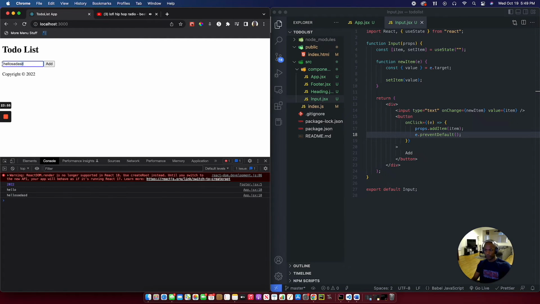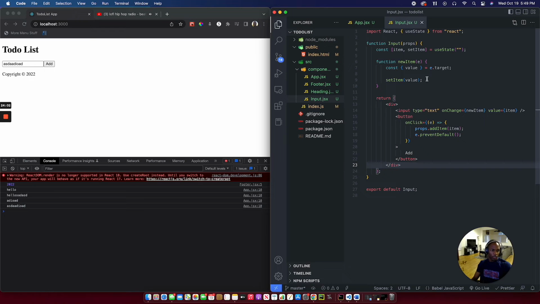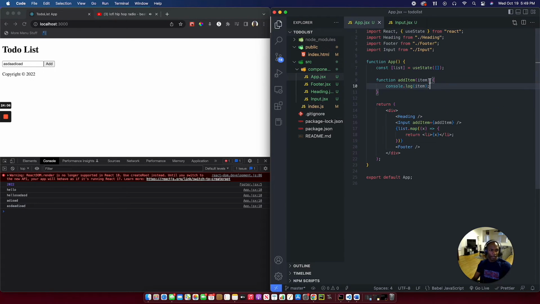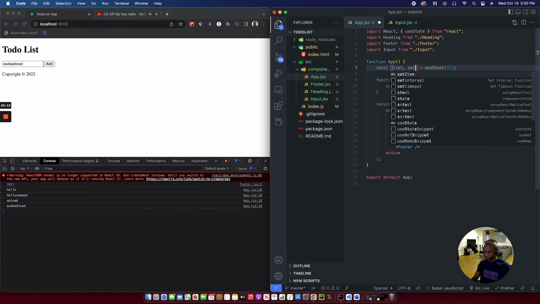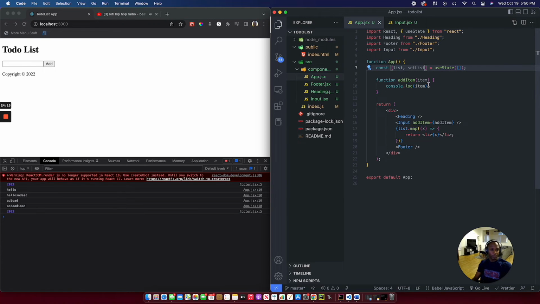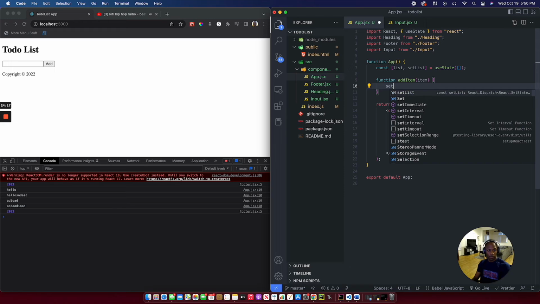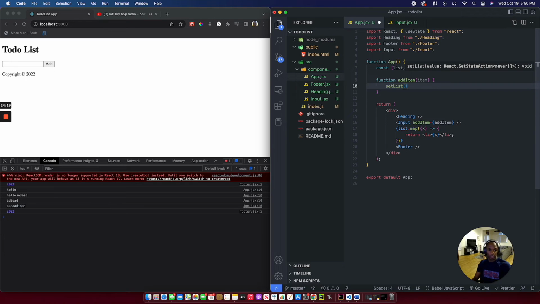Edit all there, right? So I called it here, passed in my item to app.js, got it here. Once I get my item, I want to update my list. I set my list, so set list to,